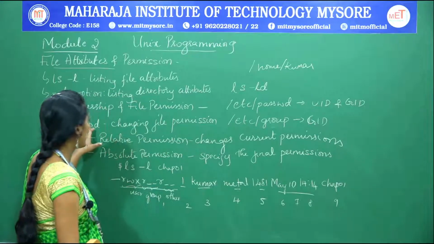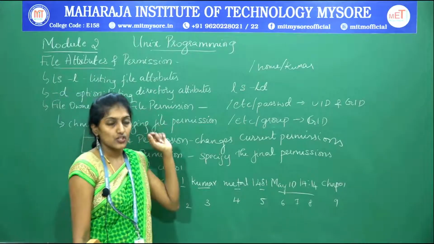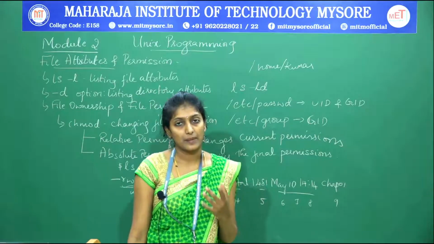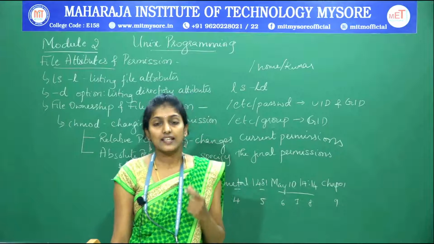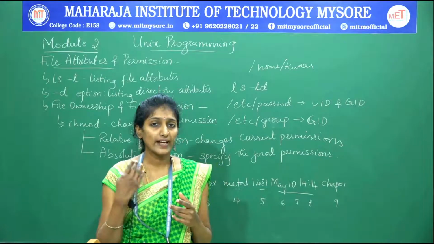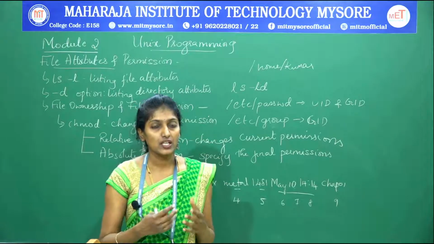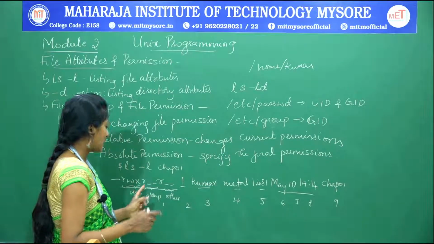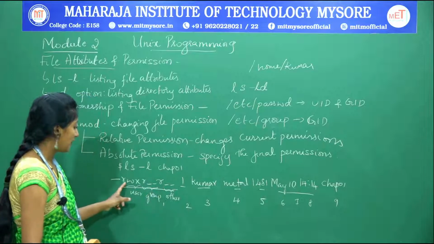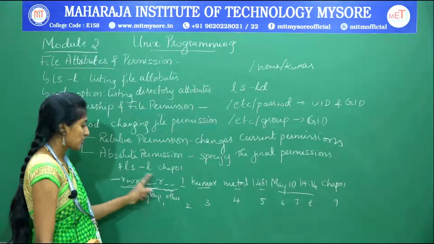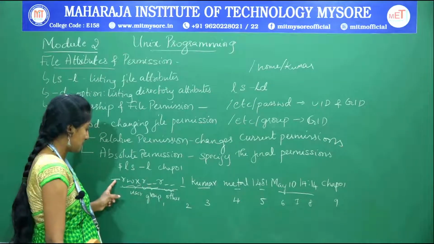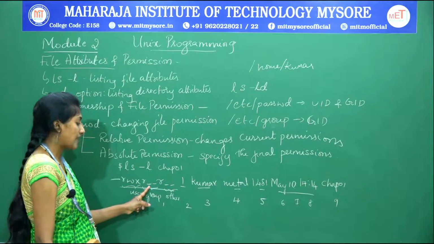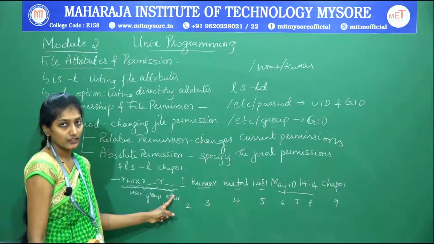Next is what we had discussed with the file permission. In the previous session, we discussed that while assigning any file permission, by default, as you can see here, the first column of the output displays the file type and the permission of that particular file, assigned for 3 categories of user.